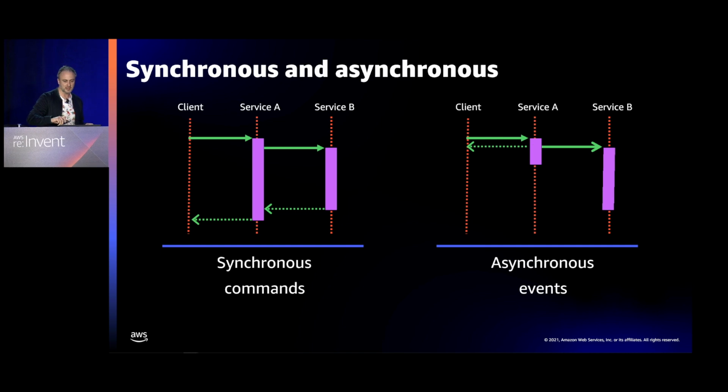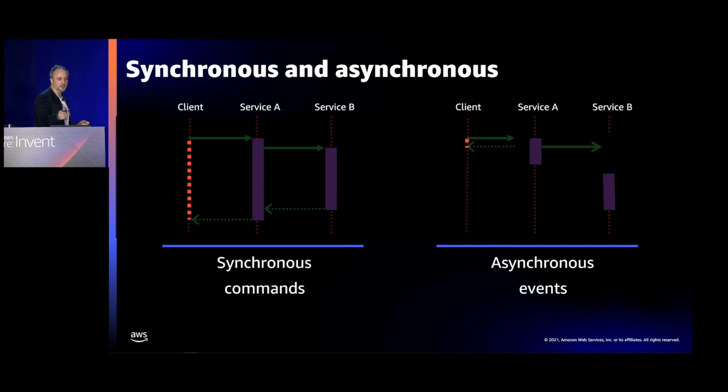Client calls out to service A. Service A sends back an acknowledgement really quickly to the client to say, OK, I'll go ahead and do that. And then in the background, it calls out to service B. Now, one important difference here is represented by this orange dotted line. This represents the amount of time your client is waiting before it hears back from service A. And the reason this is important is that this time is blocking time, right? Your application can't move on to the next procedure until it hears back.